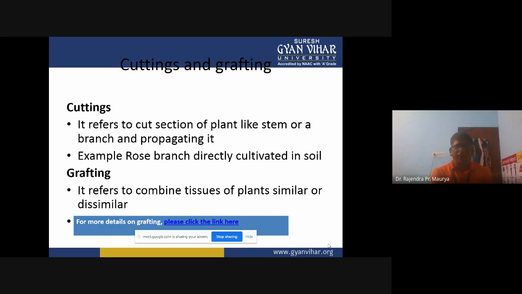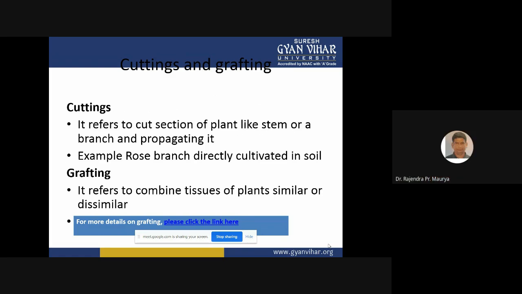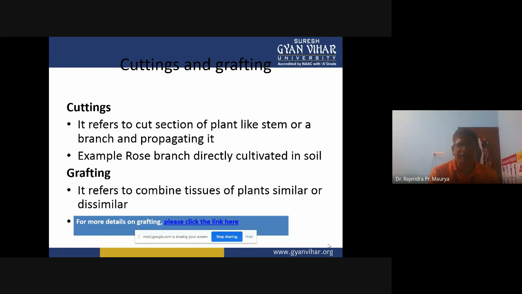And from those mother plants, past season means we have to collect at least 1 year old branches from genetically true, good quality, high yielder mother plants. So at least 1 year old branches. And after that, we can make the pieces. From a single branch, we can make different pieces of cuttings. All cuttings must contain buds. That is very important. The average number of buds must be 4 to 6 on every cutting.